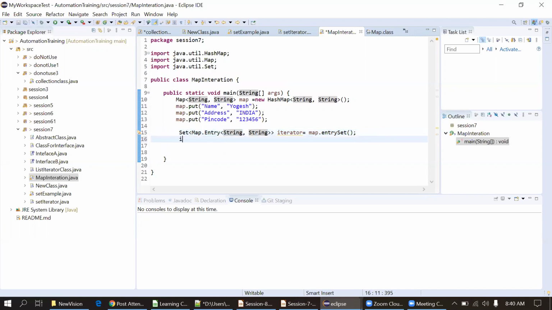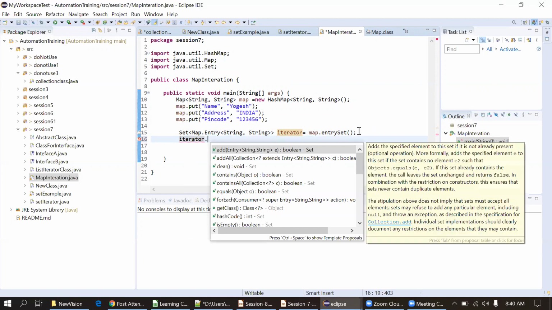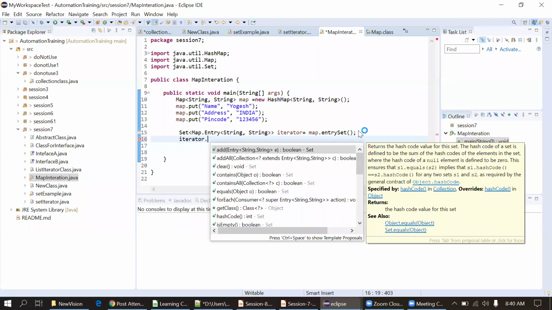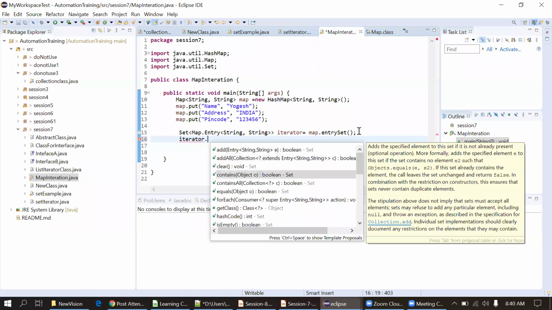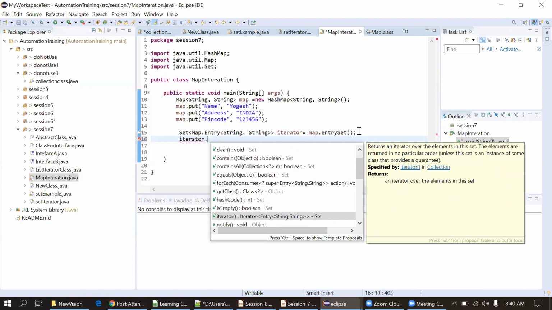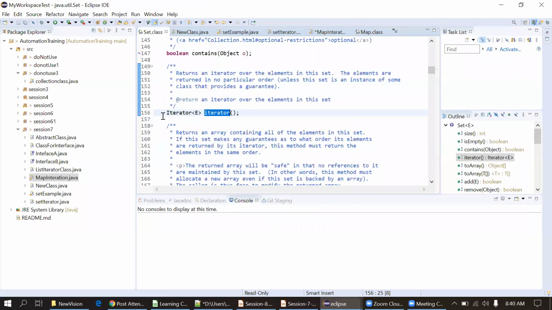Okay, now I'll use this iterator dot. What is the return type? It is Iterator. So you can go step by step, you will get the return type.